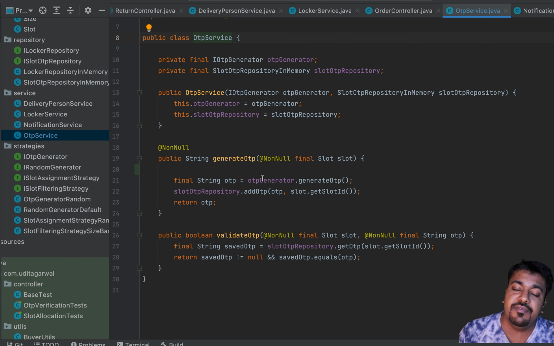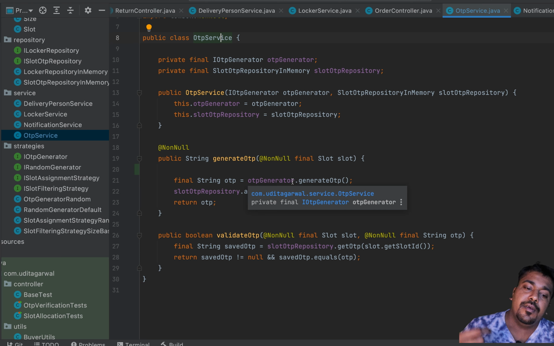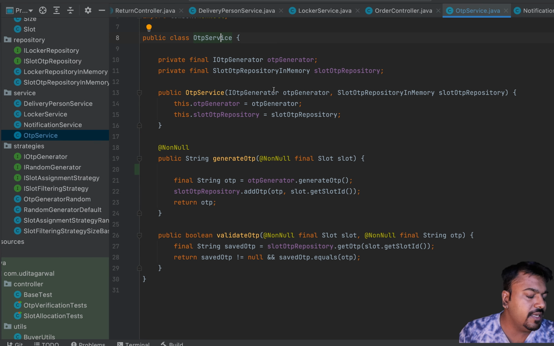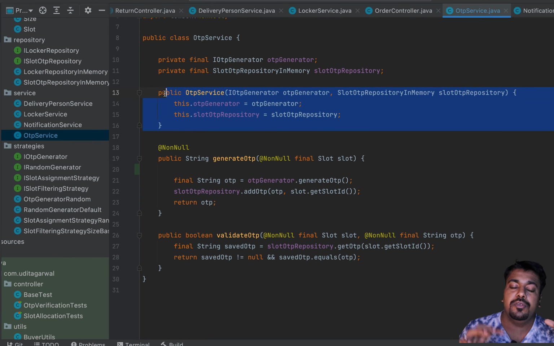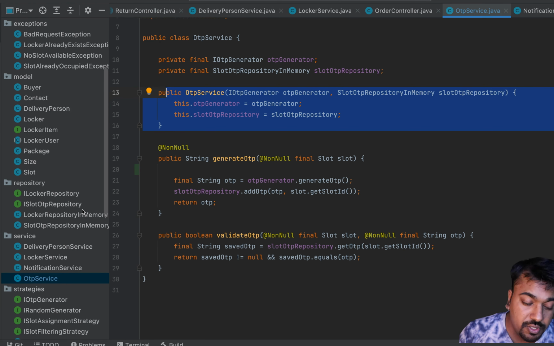But now, because we have created this strategy over here, if the strategy of generating the OTP changes, you just have to create one more implementation of it and then inject it into the constructor. So this is giving you the good design by following the strategy pattern. So the strategy pattern in general is very, very powerful. In almost all my videos, you will find some strategies being implemented and you will see how it is giving the benefit. But I would say in any design, in any interview you are doing, if you try to follow the strategy pattern, it's one of the most powerful things. Okay, so yeah, that's about it. That's about the solution that I have created.